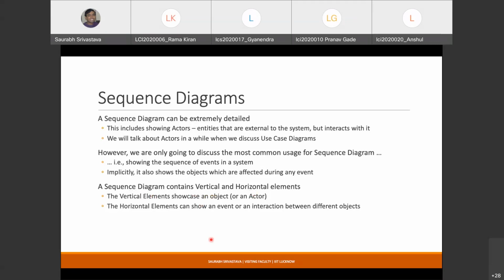The vertical elements showcase an object. They tell you that this is an object and that is the type of this object. And the horizontal elements show you the interaction between different objects. So that is a very simple and very useful way to think about what sequence diagrams are.